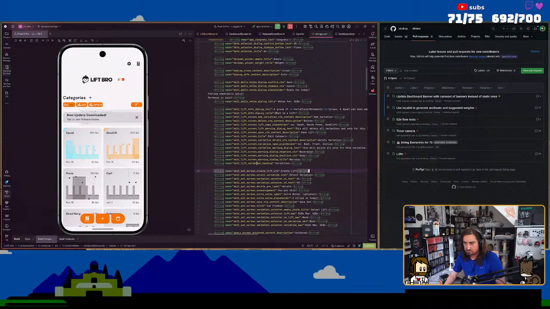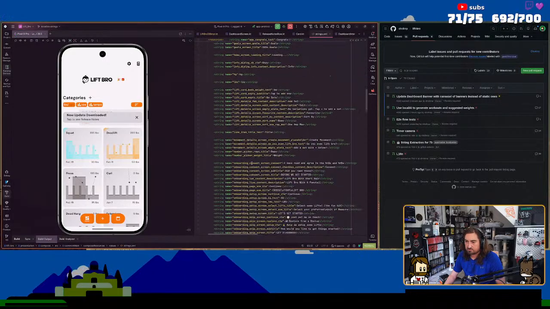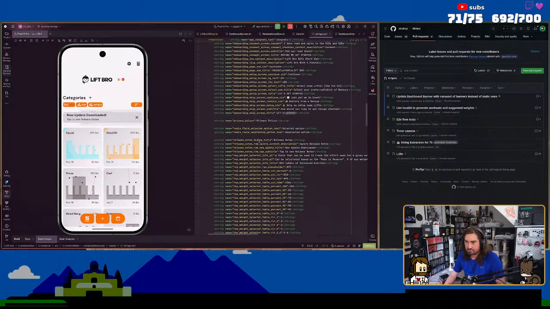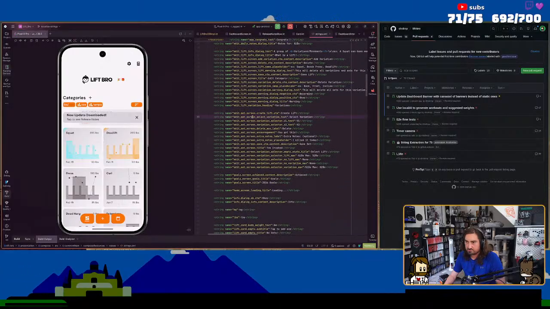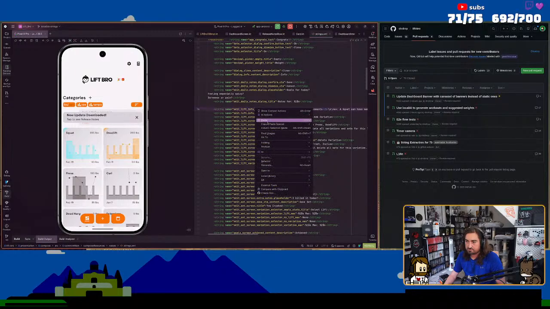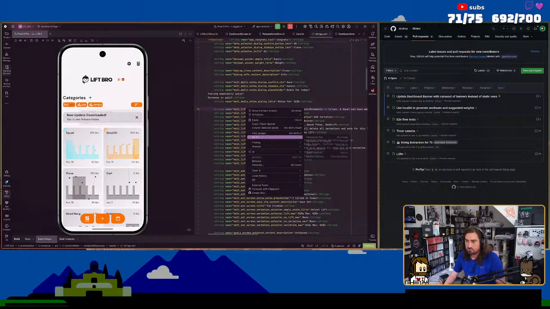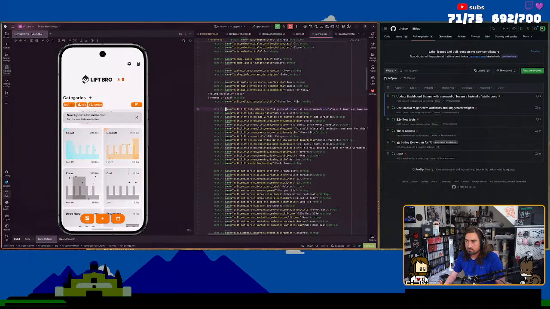Just want to see the edit lift variation heading. Edit set screen. So it probably ended up creating, is this actually being used anywhere? Like edit lift.